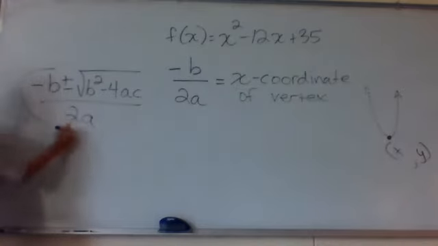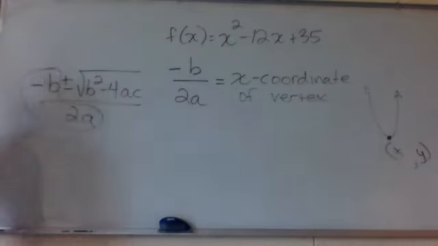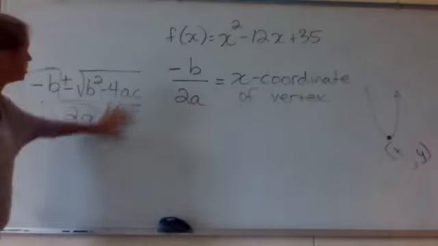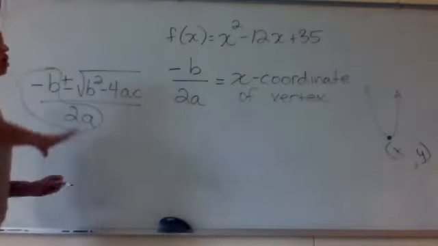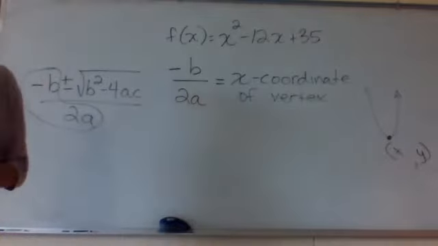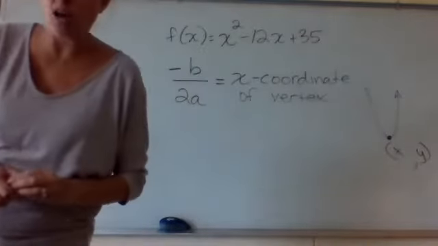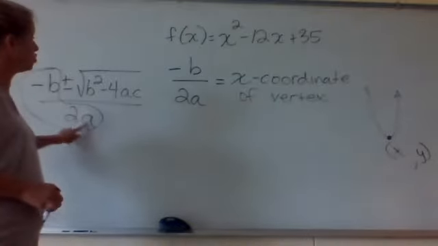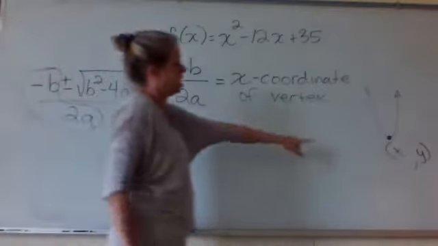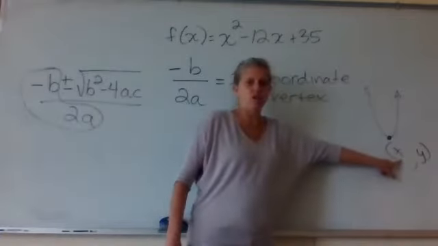Look at outside of the radical. That's where it comes from. The opposite of b over 2a comes from this whole entire quadratic formula, which has everything to do with parabolas and x squared equations. This part of it, the opposite of b over 2a, is going to tell me what the x coordinate of